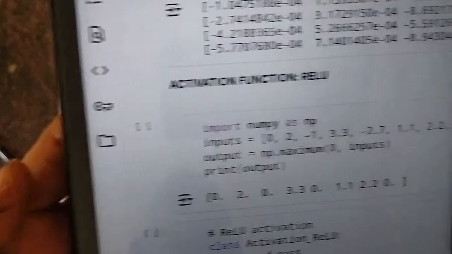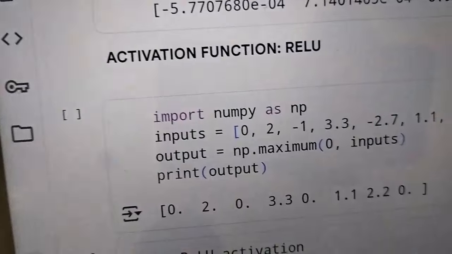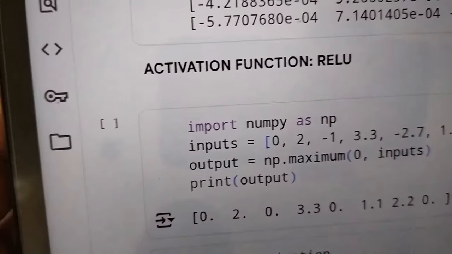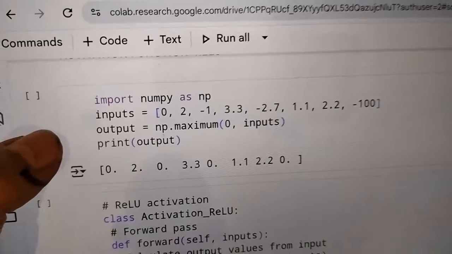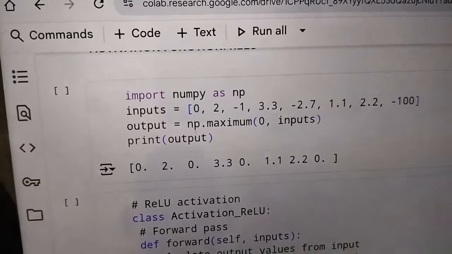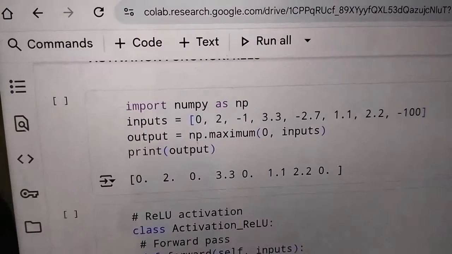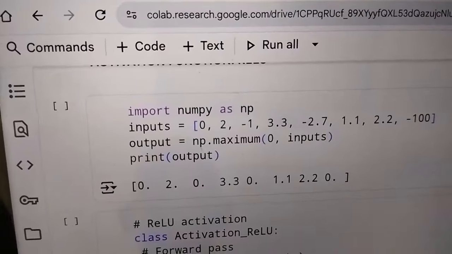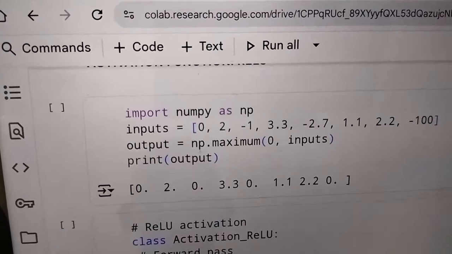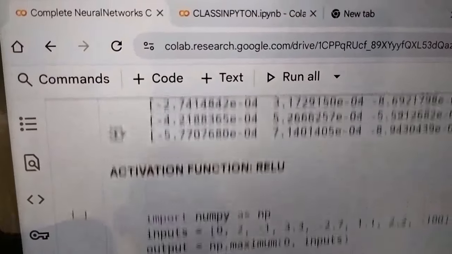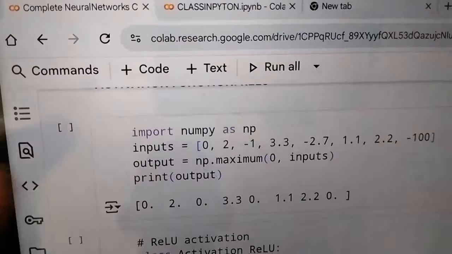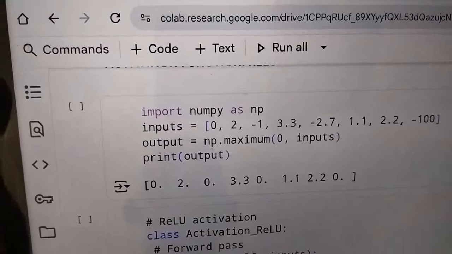You can see the first one, the activation function. What we are doing is importing numpy as np. My inputs are something. If you are not able to understand, I will show it like this. Then the output is equal to np.maximum of 0 comma inputs, so you will get the output. Here we are using the ReLU activation function, which takes the maximum.